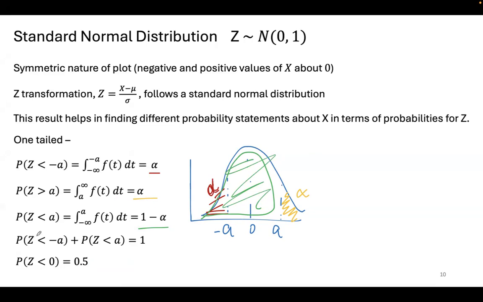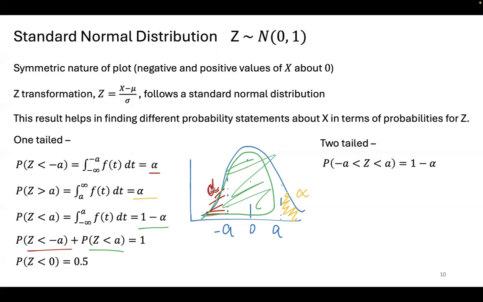If you're saying z less than minus alpha, it's this portion, the red one. So it's this and this, right? So it's 1 minus alpha plus alpha. And you can also see that since you're talking about symmetric areas, all of this adds up to 1, because you're covering the entire thing. And obviously, symmetric, so less than 0 is 0.5, more than 0 is 0.5. So this is something on the lines of one-tailed, because you're looking at one end at a time. You're either considering less than, or more than, left half, right half, you're just considering one part at a